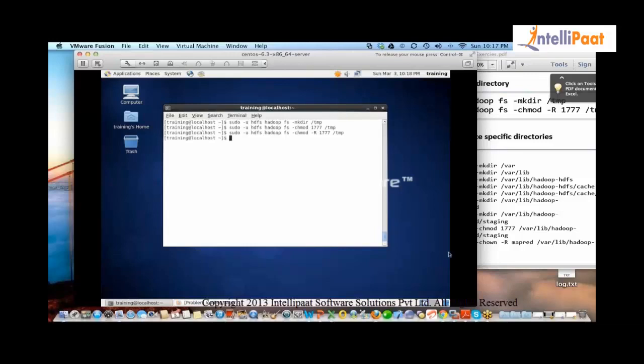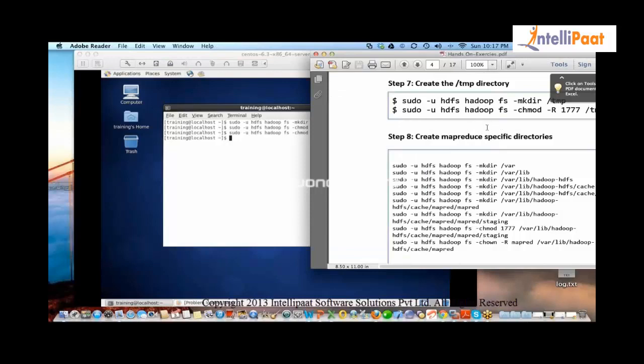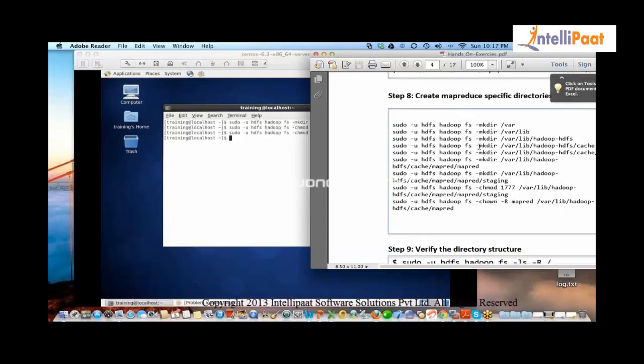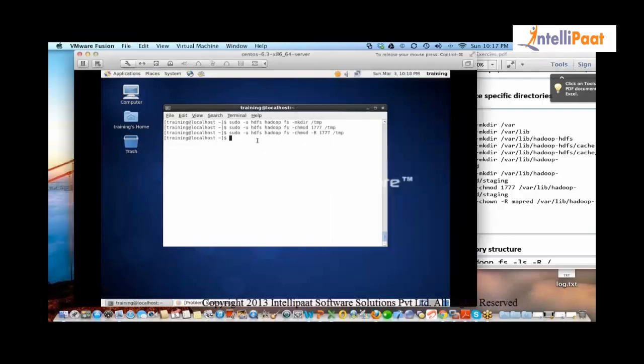Now let's create the next set of directories. This one you've created for Hadoop, but you may need some more directories for Hadoop as well as MapReduce to work properly. So we say sudo -u hdfs hadoop fs -mkdir /var.